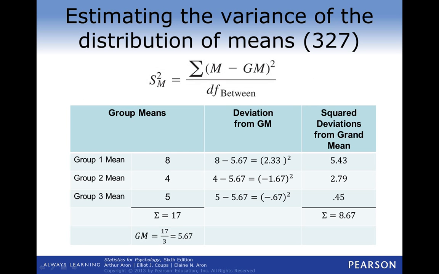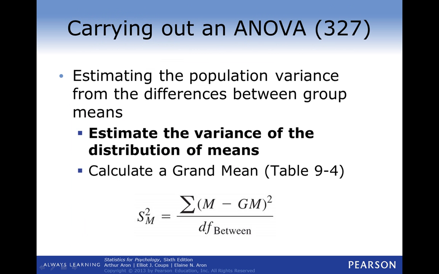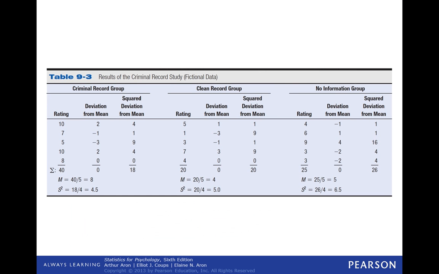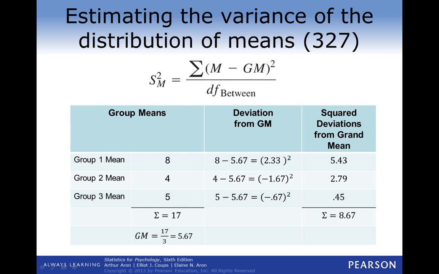So let's start with our variance for our distribution of the mean. If you'll notice, our mean scores here are as follows again: 8, 4, and 5. Those are the same means that we had previously from here: 8, 4, and 5. We are going to take those means, sum them to get 17, and divide by the total number of scores we have, which is 3. And it is going to give us a grand mean of